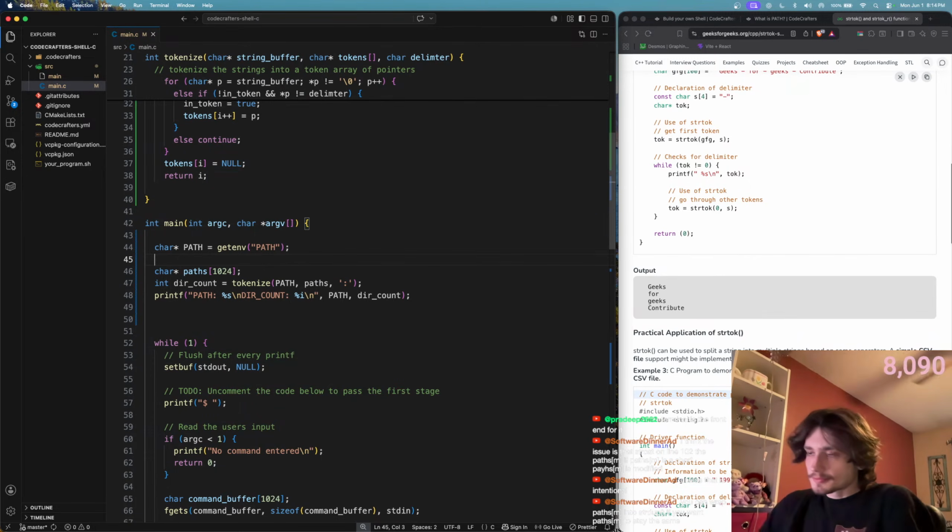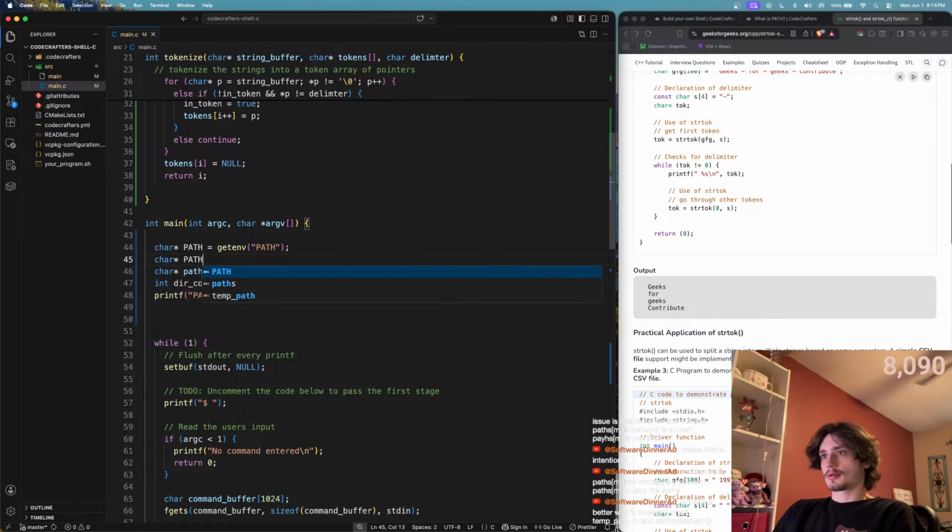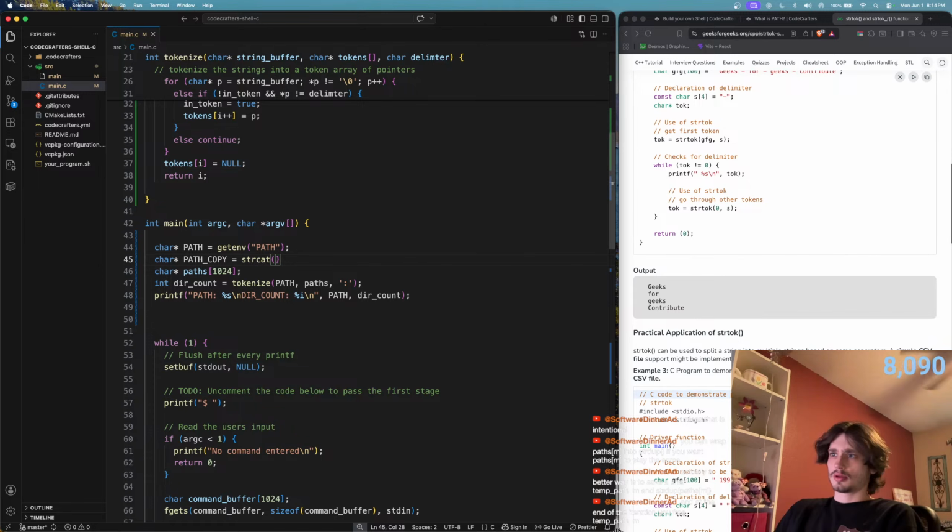So we're going to have char star path copy is equal to strcat into